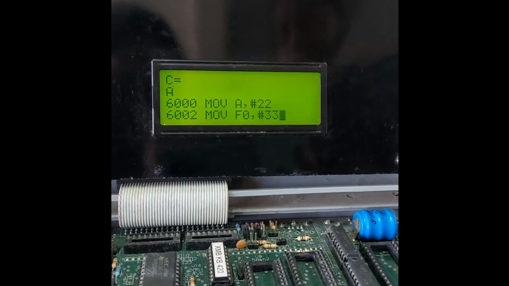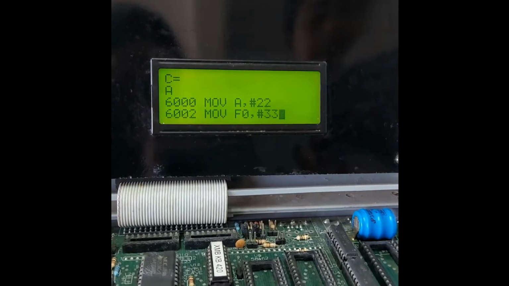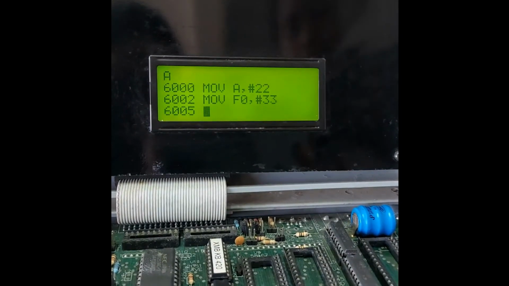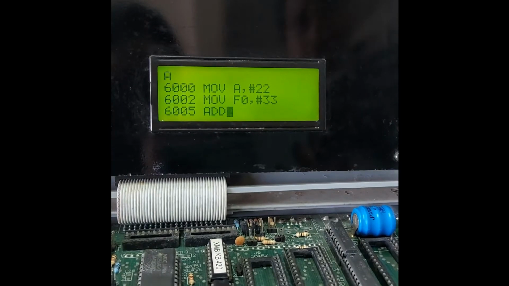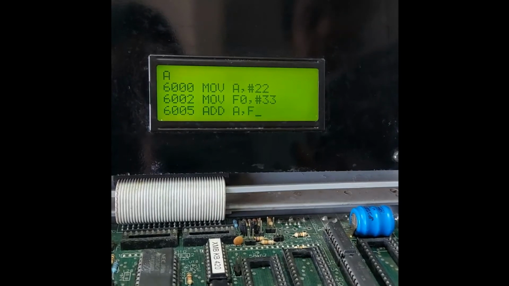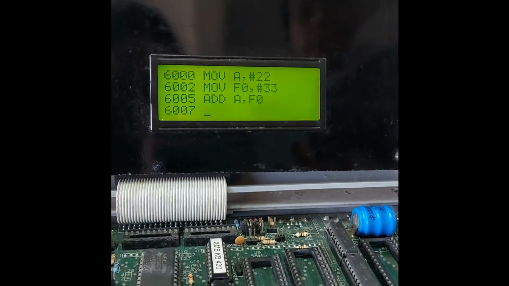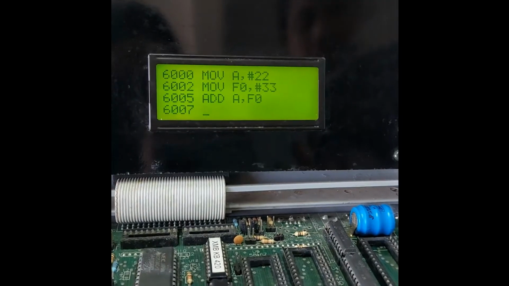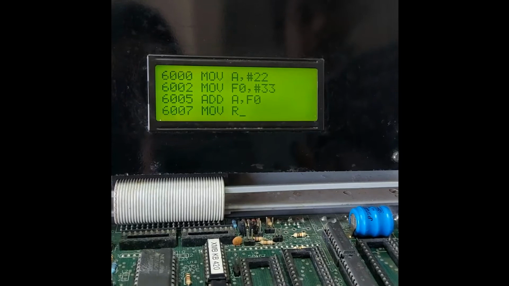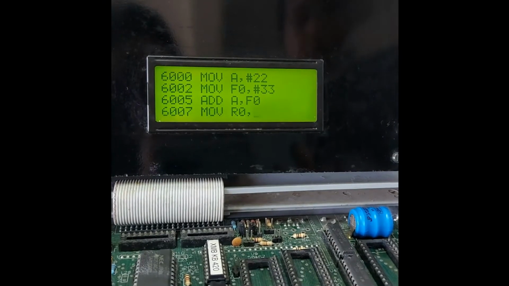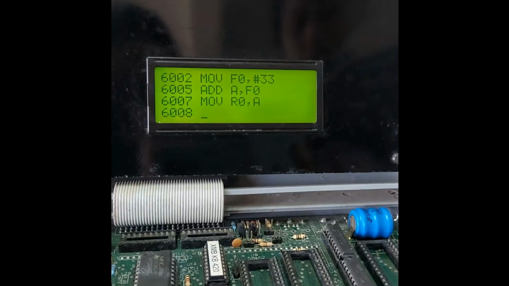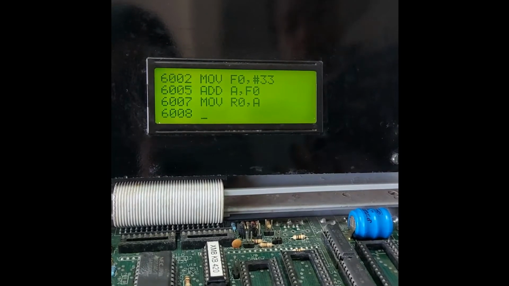We are storing the data 33 on F0. Then we will add the two numbers. And we will store the result on R0. Then return.